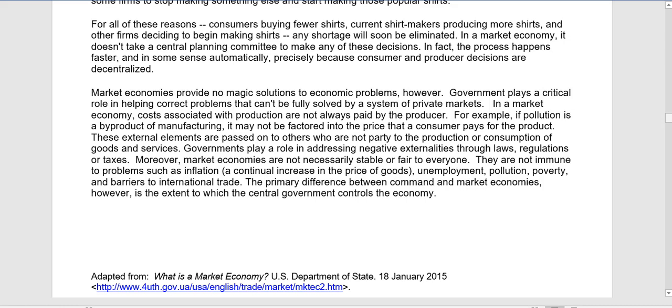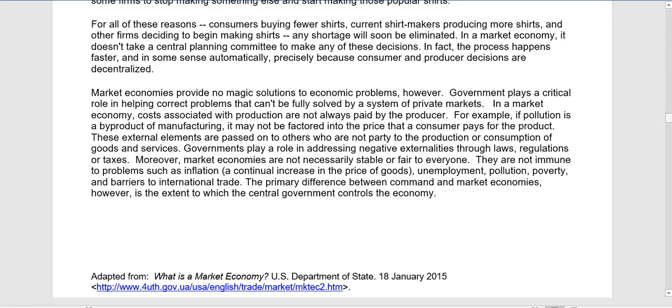Market economies provide no magic solution to economic problems, however. Government plays a critical role in helping correct problems that can't be fully solved by a system of private markets. In a market economy, costs associated with production are not always paid by the producer. For example, if pollution is a byproduct of manufacturing, it may not be factored into the price that a consumer